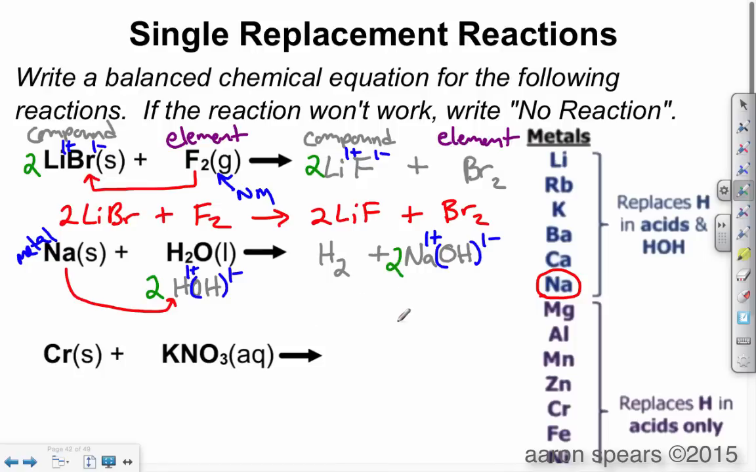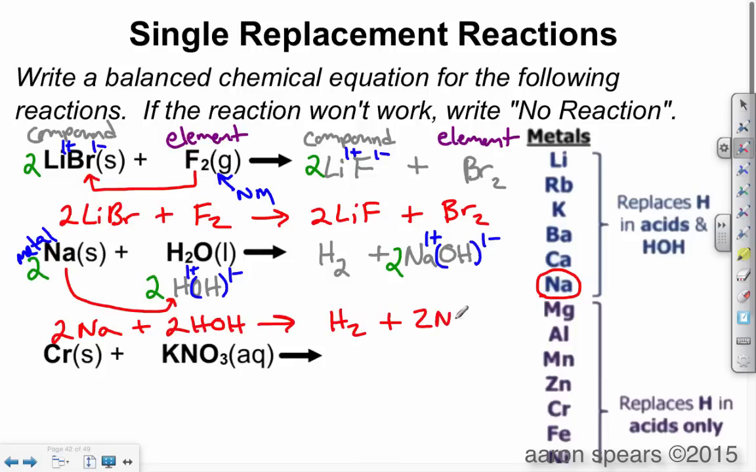So I add a coefficient of 2, and that also doubles up the sodium on that side. So I need to go back to the left side and add a coefficient of 2 so I can get 2 sodiums on that side. Therefore, our balanced chemical equation becomes 2 sodium atoms plus 2 water molecules yields hydrogen gas plus 2 sodium hydroxide